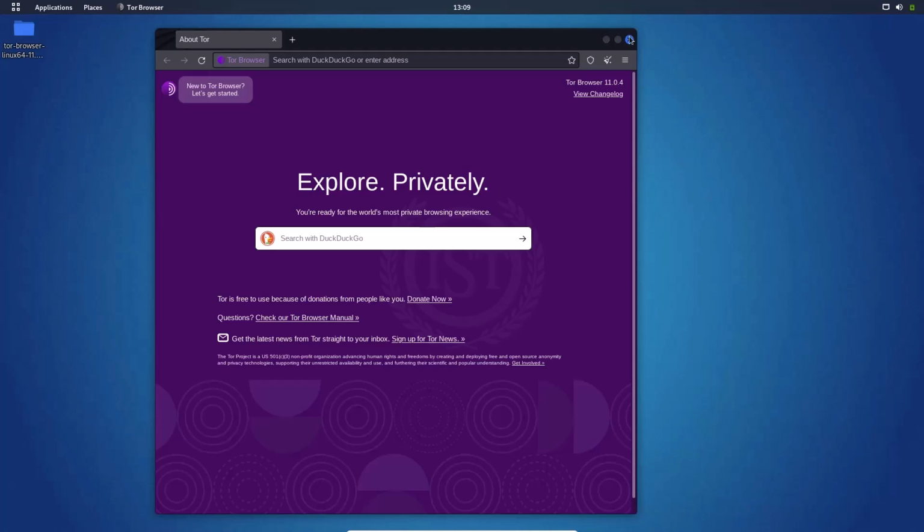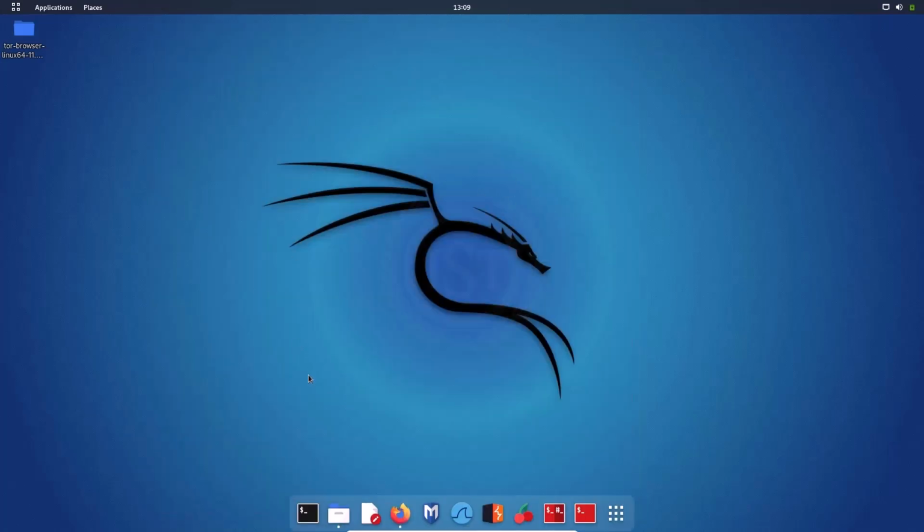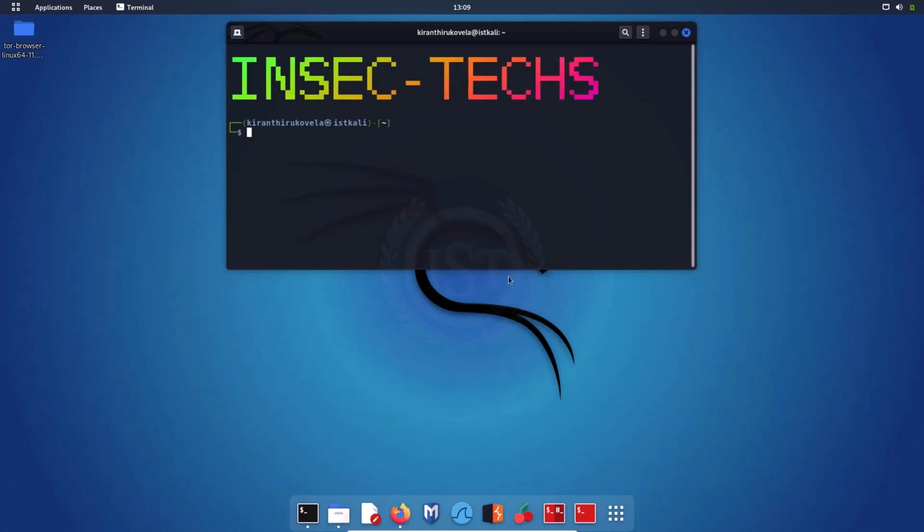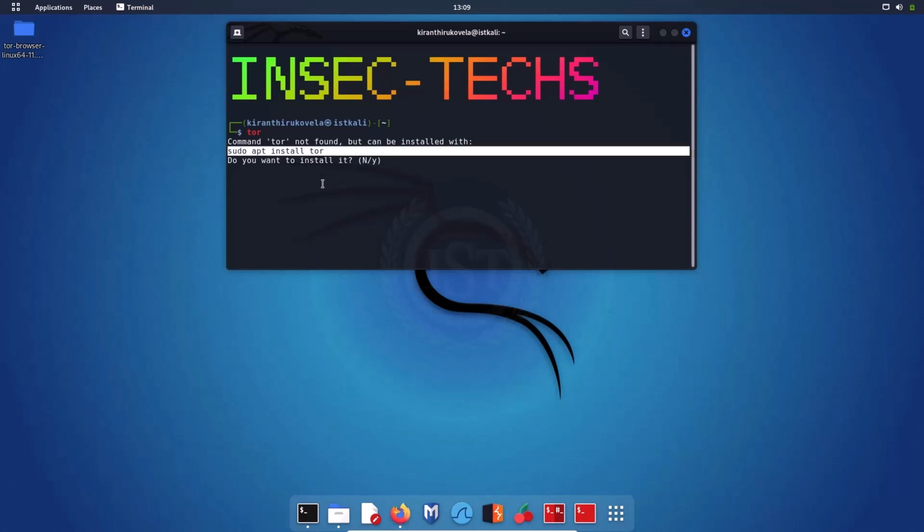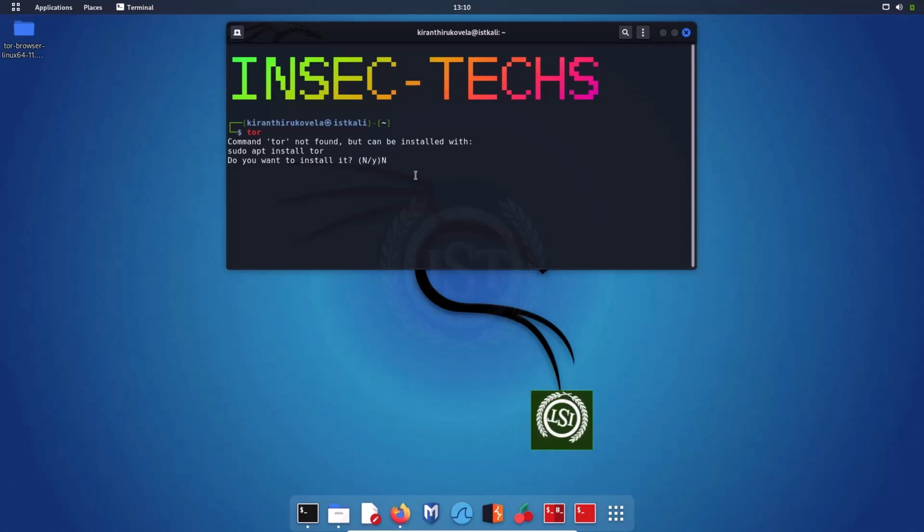So let me close the browser and let me open the terminal. If you type TOR and hit enter, as you can see, command TOR not found, but can be installed with sudo apt install tor. This is the command that you can use to install TOR in this machine. Do you want to install it? You can type Y to continue with the installation, but I am going to type N, and I will type the command